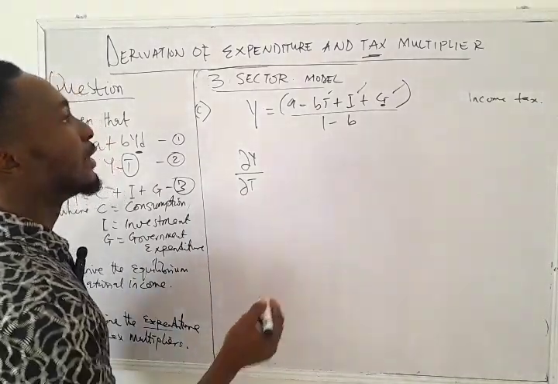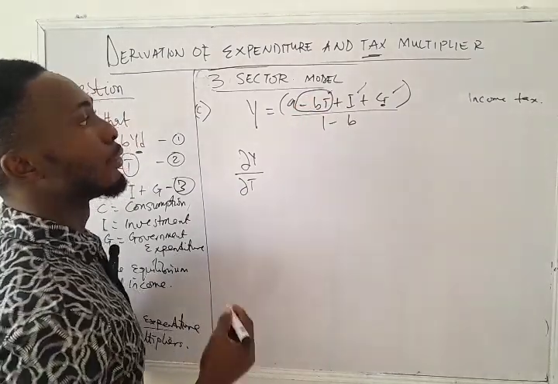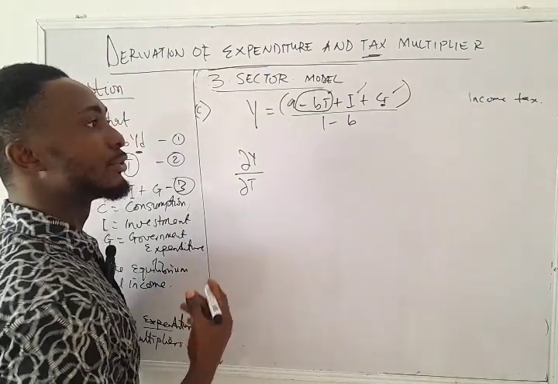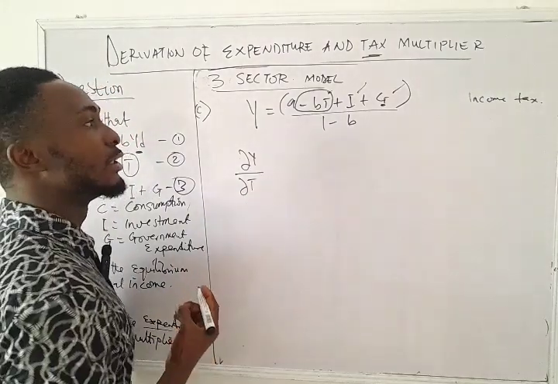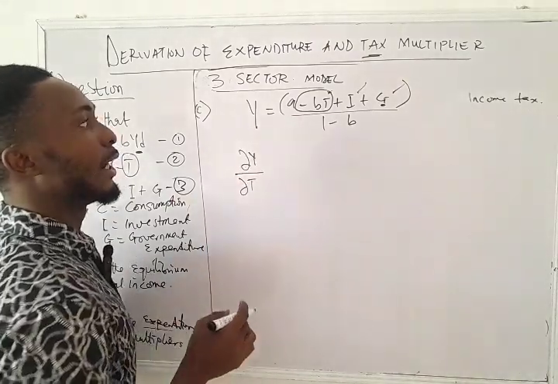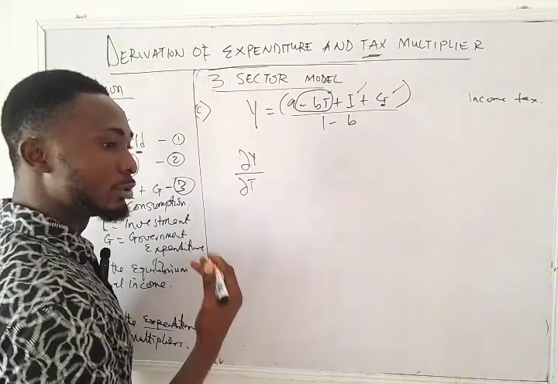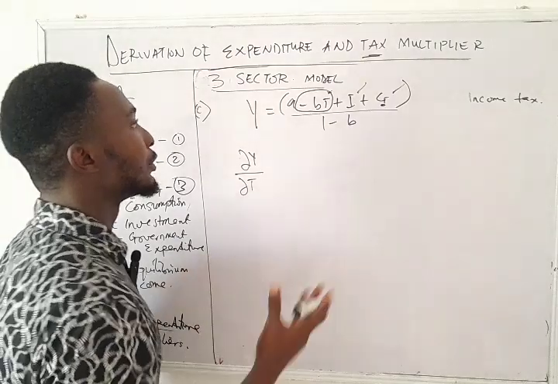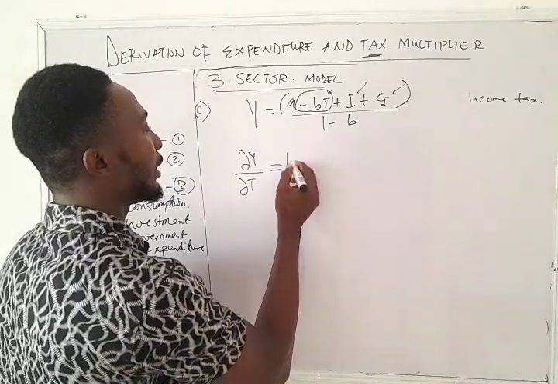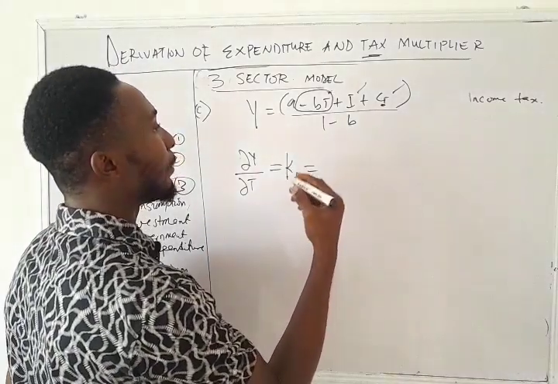So take note that here we have a negative sign for the variable that comes with t. That's the tax. That tells you that tax reduces the national income. So there's a negative relationship between the tax and the national income. If tax goes up, the national income will definitely drop down, and the opposite is true. So if we do this now, we are going to see that our KT, which is our tax multiplier, is going to be equal to, we apply that same